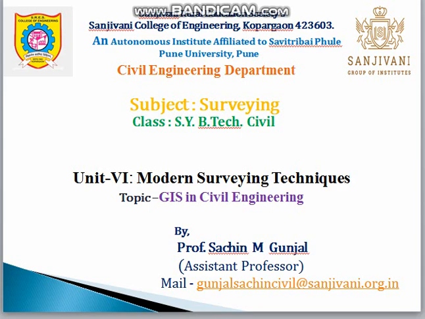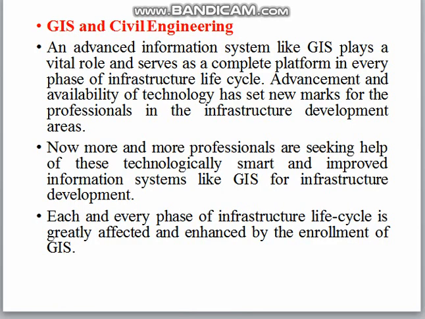In that, GIS, what are the applications related to GIS, geographical information system, in civil engineering. So in the previous lecture we learned the components and parts of GIS, such as software, hardware, data, and analysis. GIS is the technique in which we collect information without touching any object. So it is called GIS. We have to collect the information, then analyze it, and then prepare a map. Software and hardware are required for that analysis.